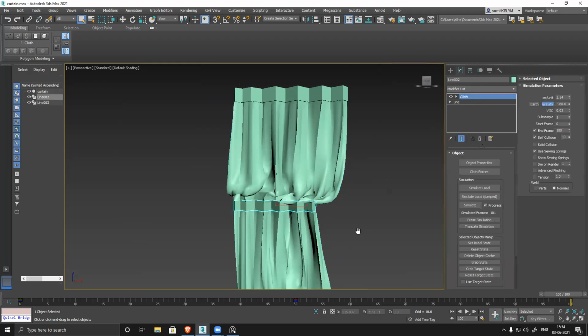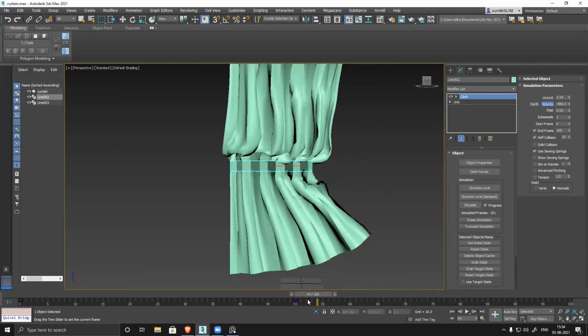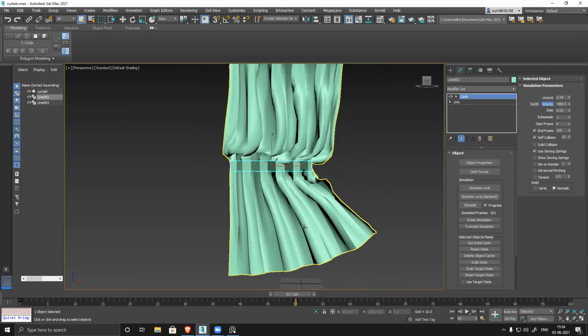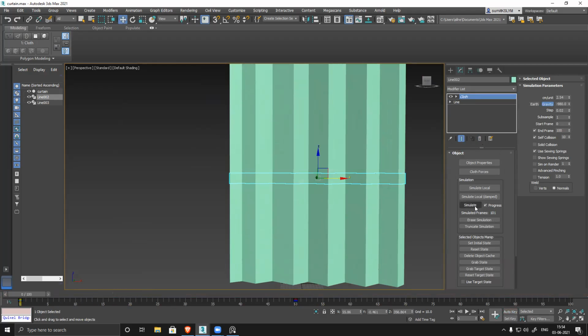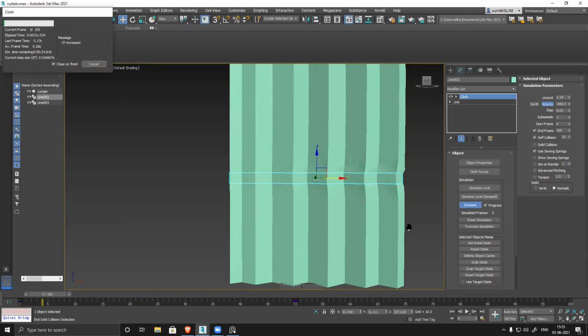And this thing I was talking about, this frame, see, if I go here, it's supposed to reduce. So I'll switch on my auto key again, reduce it, move it back there only. So auto key is done, again back. Now I have to re-simulate this thing, otherwise it will create a problem. Now if I simulate it again, this thing will work perfectly. Oh, I have to erase the simulation, then simulate it.